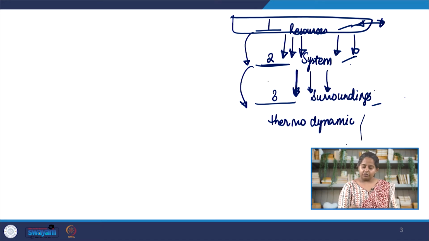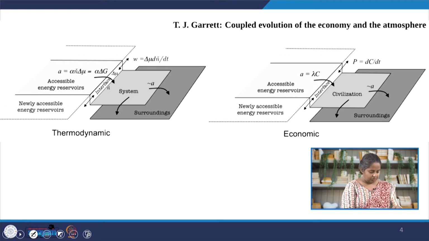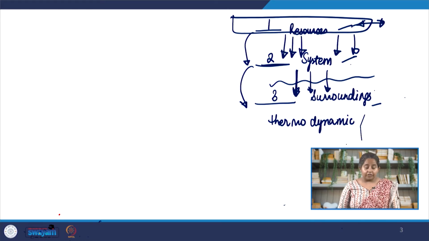The other, obviously, is to reduce the dissipation, but since dissipation is quite natural, it will be very hard to do that. So the resources can expand when we explore previously unexplored resources. This is one way. The other possibility is that we can increase the rate at which resources are consumed by the system by making this potential drop more efficient. And then obviously the next one, as I mentioned, is to reduce the dissipation, but that's not mostly in our control. Okay, let's look at the diagram from the paper.